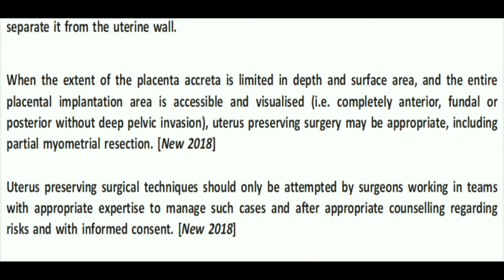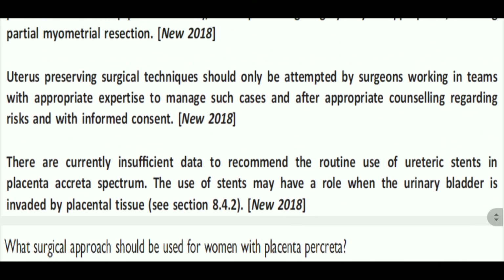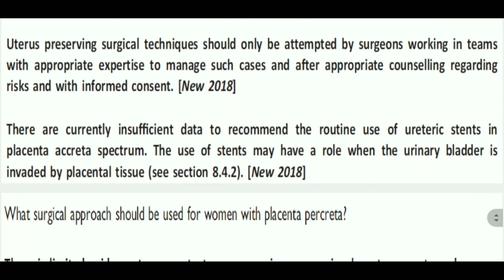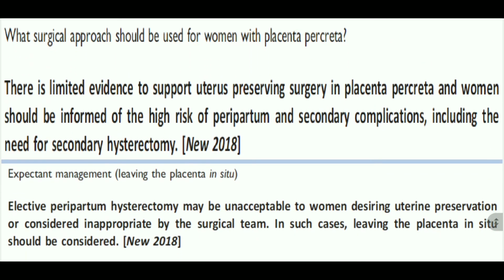But it's written that uterus preserving surgical technique should only be attempted if there is appropriate expertise to manage such a situation, and there is appropriate counseling with the patient regarding the risk and with informed consent. And about ureteric stents, it's written that there is currently insufficient data to recommend their use, but we can use them when the urinary bladder is invaded by placental tissues. And what surgical approach should be used for women with placenta accreta? In these women, we can't go for uterus preserving surgeries, and there is limited evidence to support uterus preserving surgery. The woman should be informed of the high risk of peripartum and secondary complications,